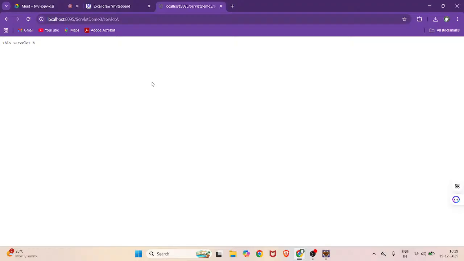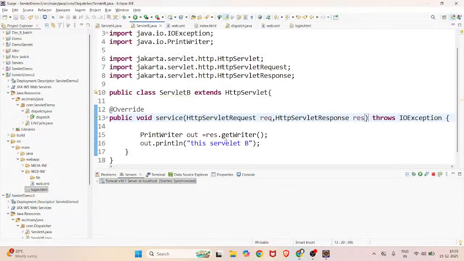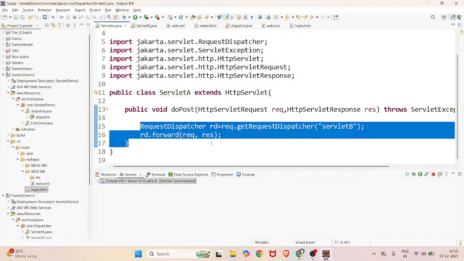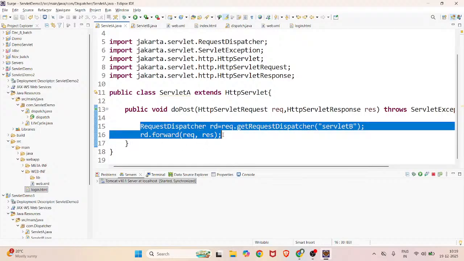You do not know the internal operation. It can go to servlet B, servlet C or any number of servlets, but in the end you are getting the response from servlet A only. That is how it works. But the difference with sendRedirect is this: in servlet A, here I can use the request dispatcher, and in place of the request dispatcher, if I use sendRedirect,